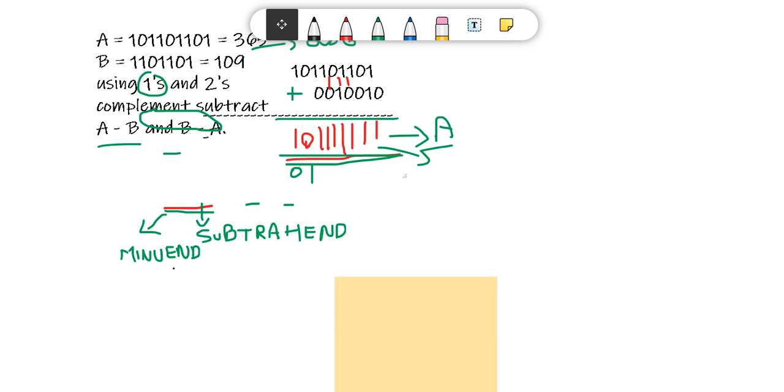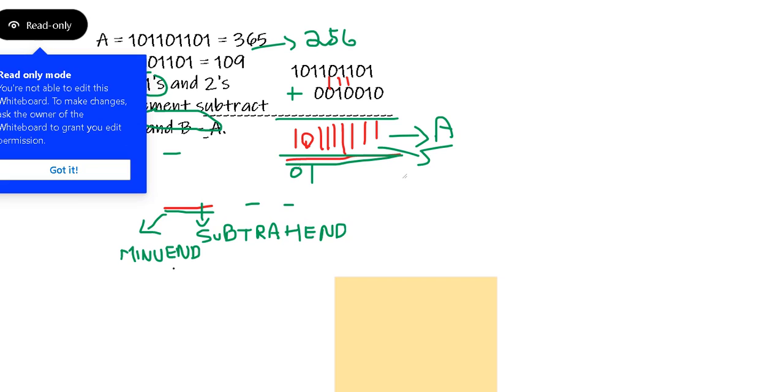Only the subtrahend you will be converting. Second step, you add the new subtrahend to the minuend.